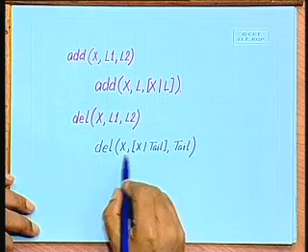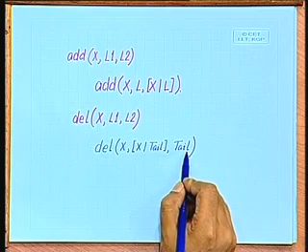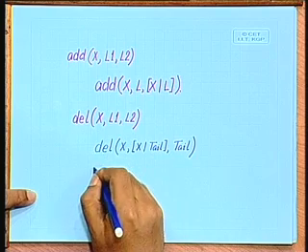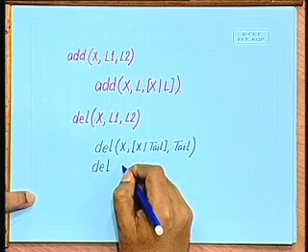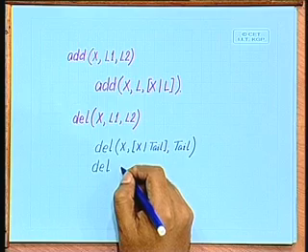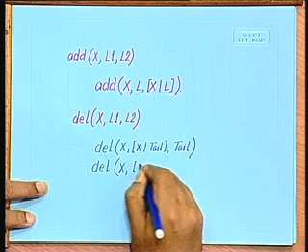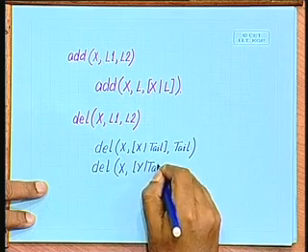So, if x is the first element of the list, then after deletion we get tail. Otherwise, what should we do? Otherwise, we have to look further into the list. We just have to skip the head and look for the deletion in the tail, right. So, we will write delete x and then y bar tail, right,